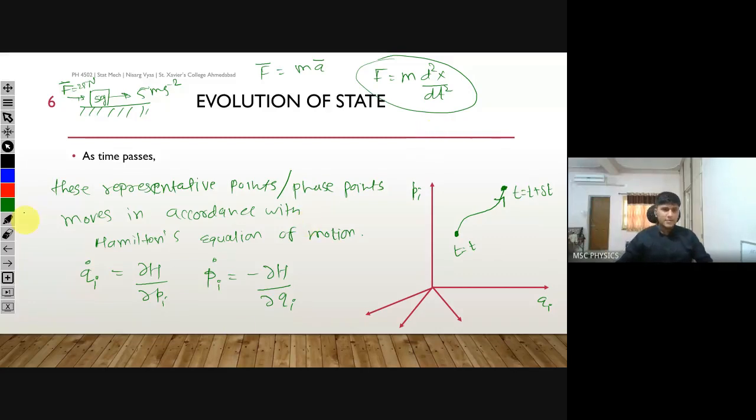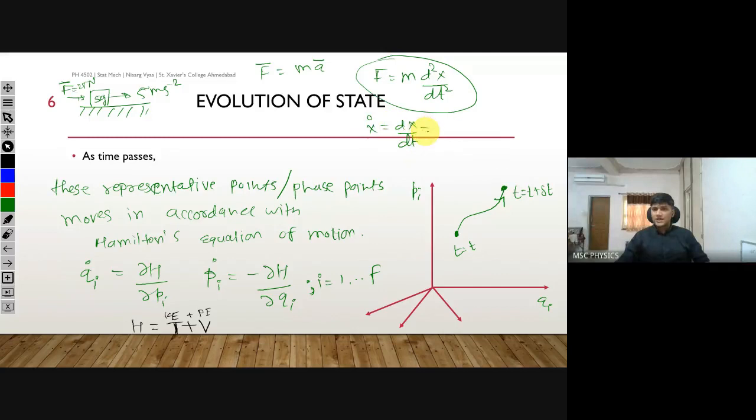What is H? H is the Hamiltonian of the system. It means the total energy: the kinetic energy plus the potential energy of the system. It is called H, the Hamiltonian. Here i ranges from 1 to f, so all the dimensions are covered. So this Qi dot is known as generalized velocity,